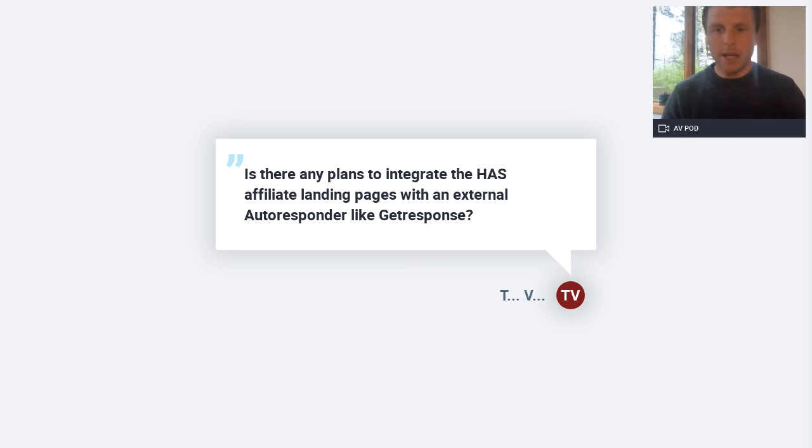We've got another one here, Trevor. Is there any plans to integrate the Hash affiliate landing pages with an external autoresponder like GetResponse? So there is a plan to do that, but not with the Hash Space internal landing pages.